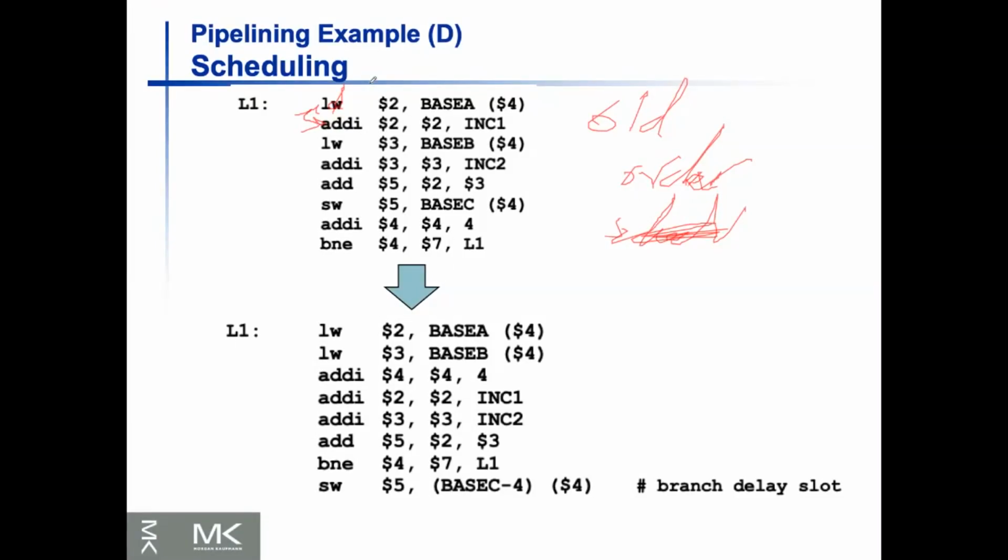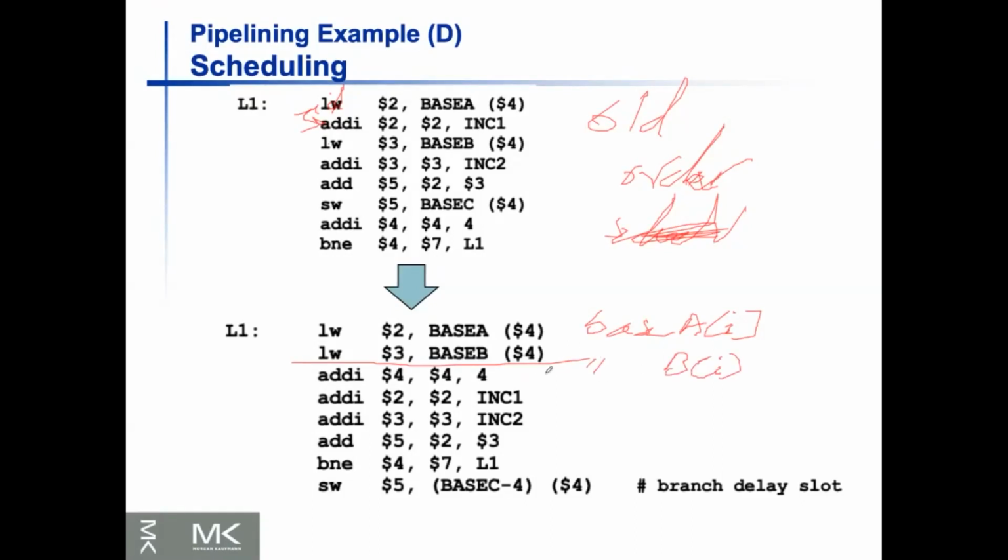And since it doesn't affect the execution of the loop, right? We are able to afford that. If we manually reorder this, we're going to put these two loads next to each other, okay? So as if that was the base A of I, and this one for the B,